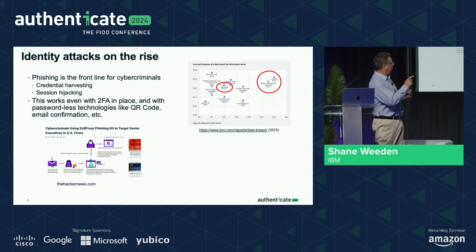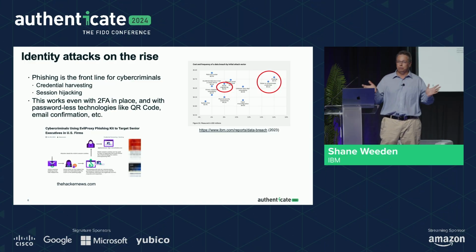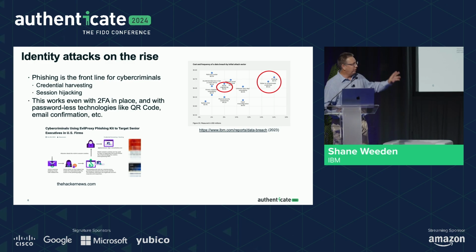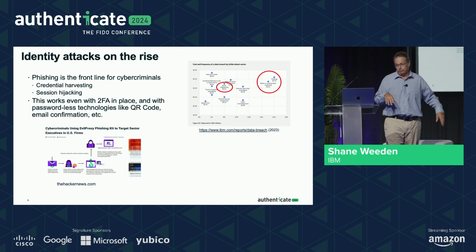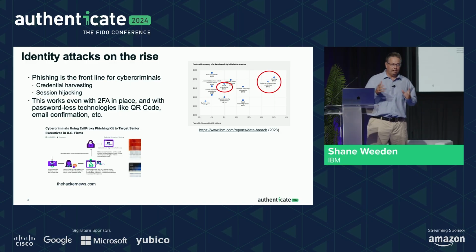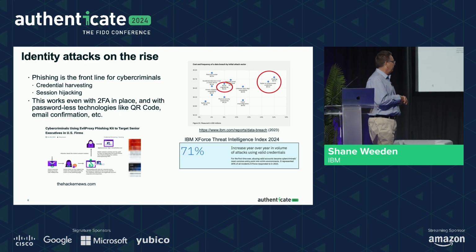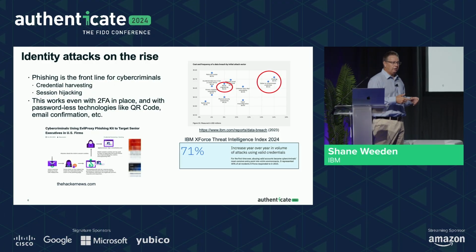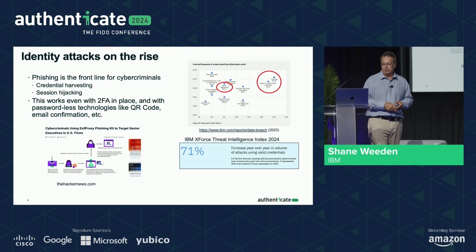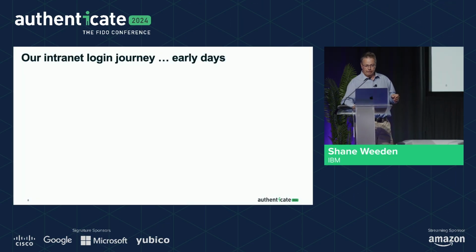So the magic quadrant is the most common and the most expensive, and that's where phishing lives, and that's why we're all here. The ones that are circled in red, which are social engineering, stolen or compromised credentials, and phishing, are all the ones that our tech addresses, so that's why it's important. We have another report called the X-Force Threat Intelligence Report. It basically says that the use of valid credentials is the initial attack vector in 71% of breaches that they studied. Don't need to tell you any more about that.